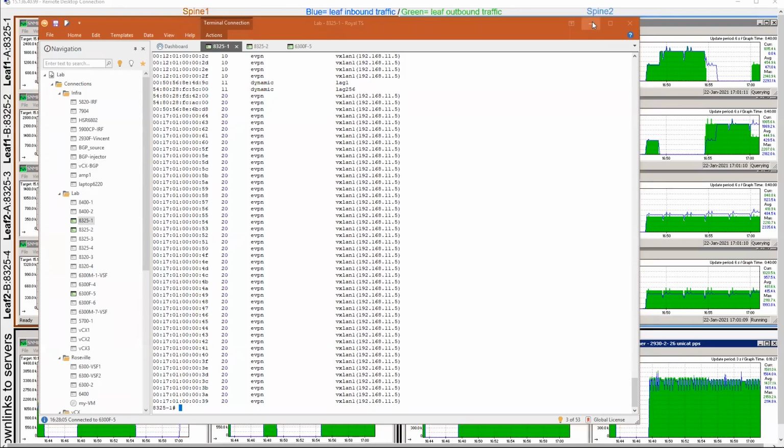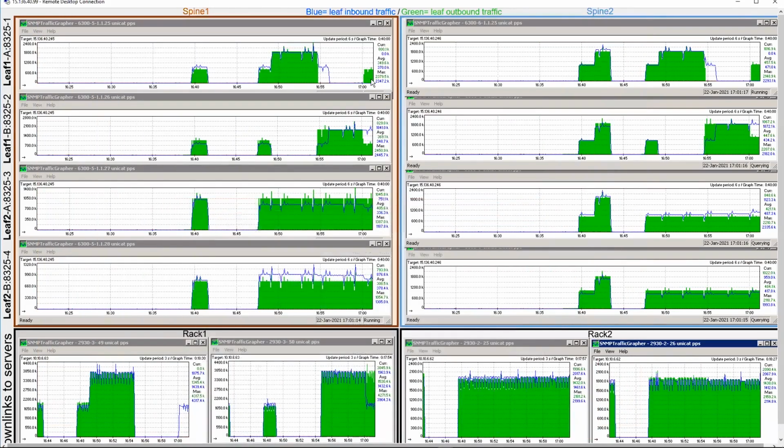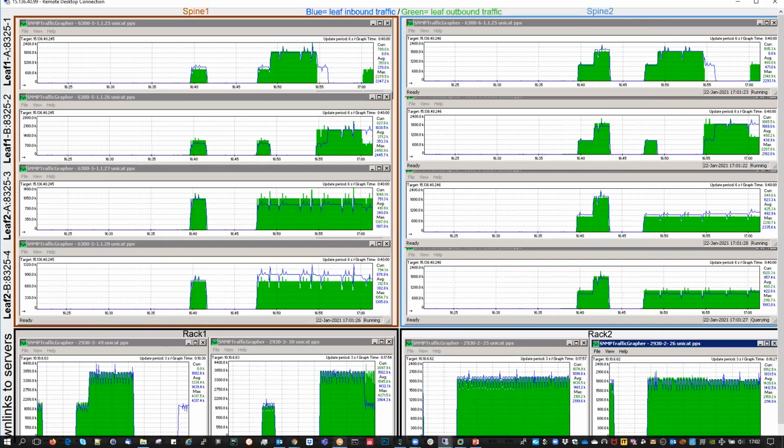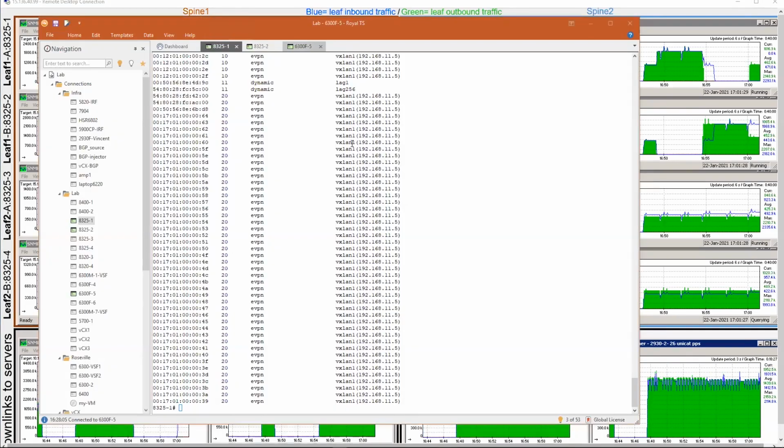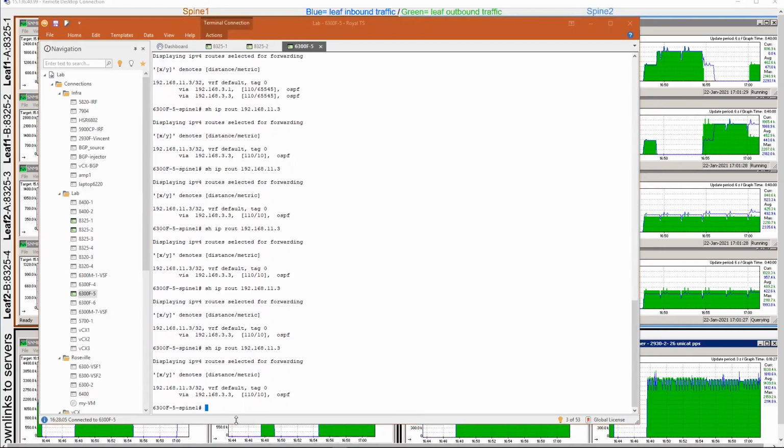I have a question. If you go back to the monitoring picture, I only see outbound traffic on the VSX primary. Why is there no blue incoming traffic? Yeah, that's a very good catch, Daryl. If you look at the spine here, we have only one route for the Anycast VXLAN IP address.